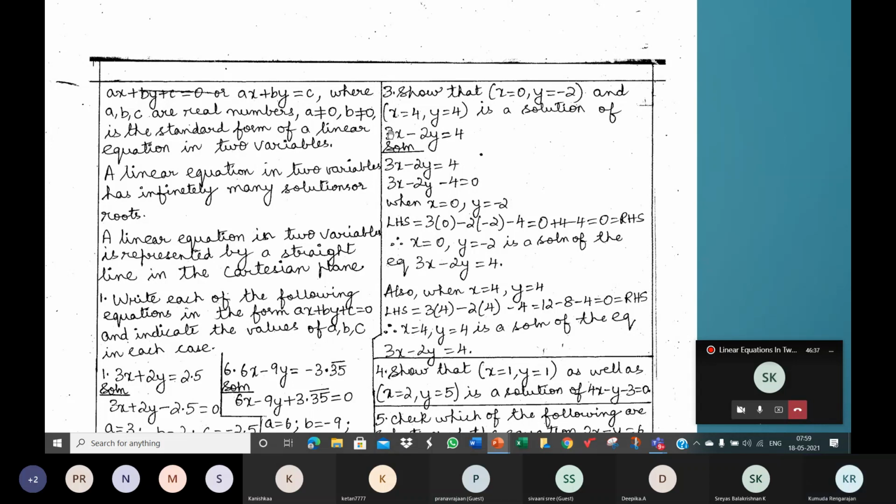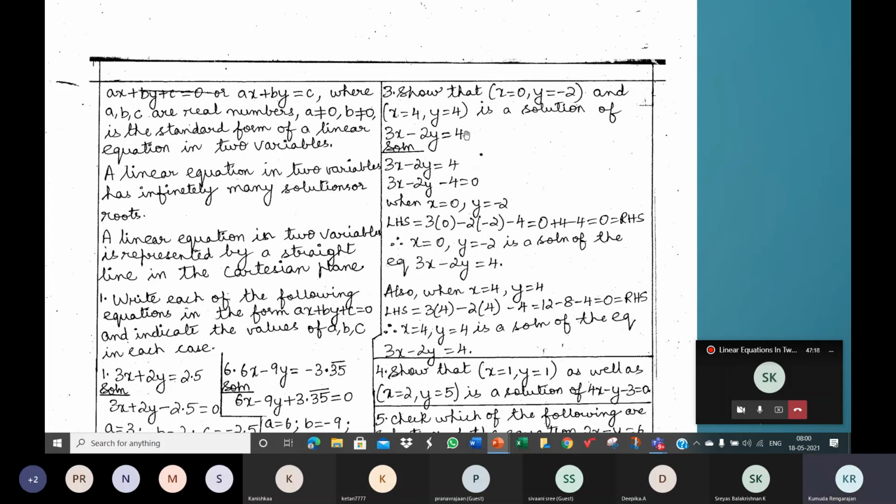That is, when you make the graph of this equation, you don't have to make the graph. You have to make the graph only if you see that word graph in the question. Only if it's given, make a graph or represent it geometrically, only then you have to make it. So 3x minus 2y is equal to 4 is a linear equation in two variables x and y, and we know that its graphical representation is a straight line in the Cartesian plane, and on the straight line there are infinitely many points. Of those infinitely many points, these are 2 points lying on the line: 0, -2 and 4, 4.